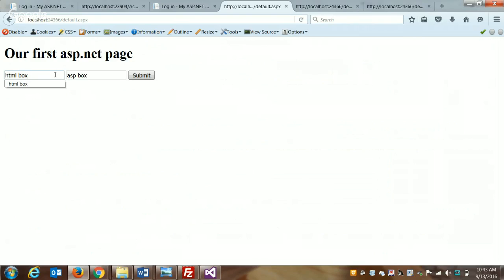Why does that value go away when I reload the page? Yeah, because the browser has no way to remember. Every time we get a new request, all of the previous values and variables are lost, which is a huge pain for web developers, right? Because browsers are stupid and they haven't gotten much smarter over the years. So this view state